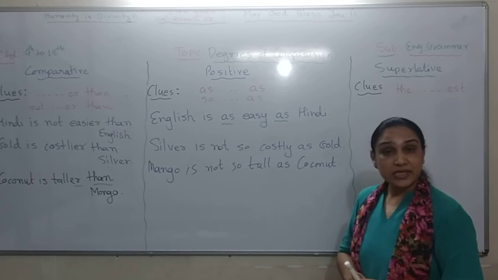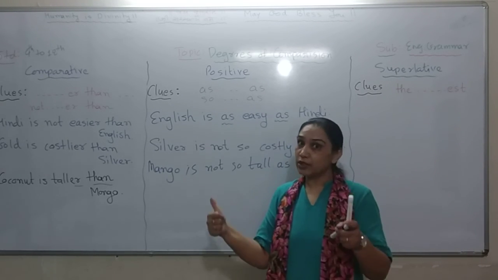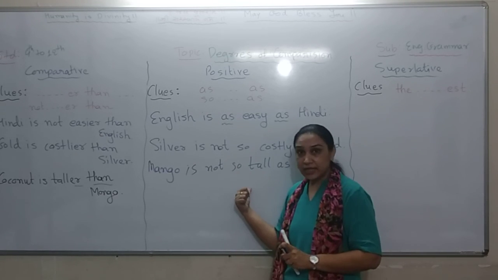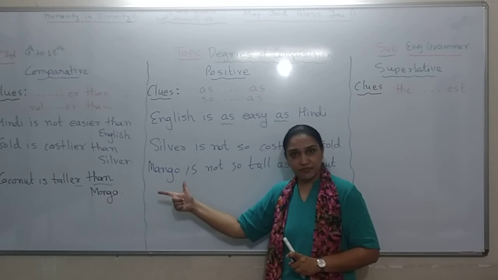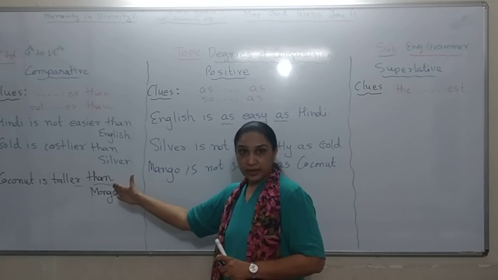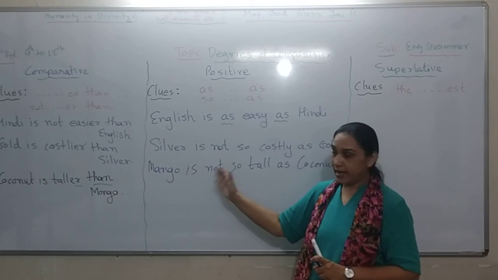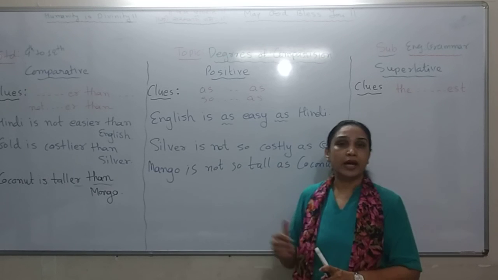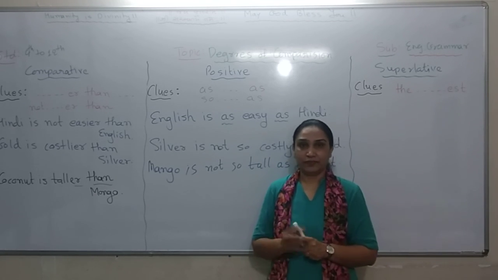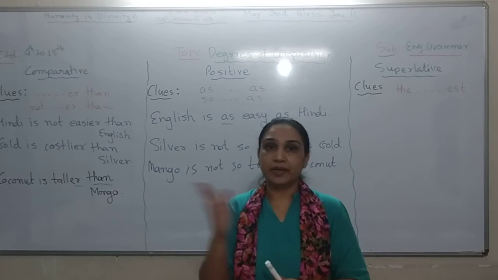Yes. What three changes have I made? First, change of the place of my two subjects. Second, converting the sentence into negative because it's already affirmative. And third, removing the words related to comparative, that are -er and than, and I have added "so" and "as", which show my sentence is in positive degree. That's it. Converting from positive to comparative, comparative to positive.